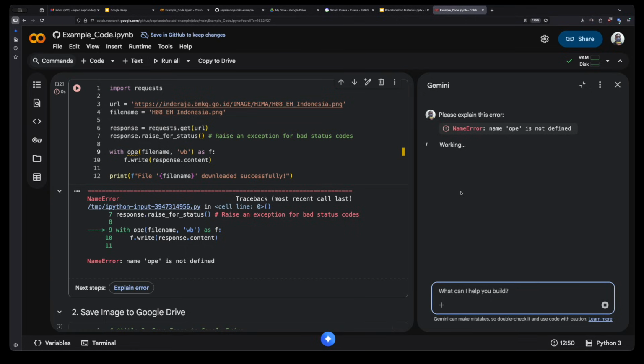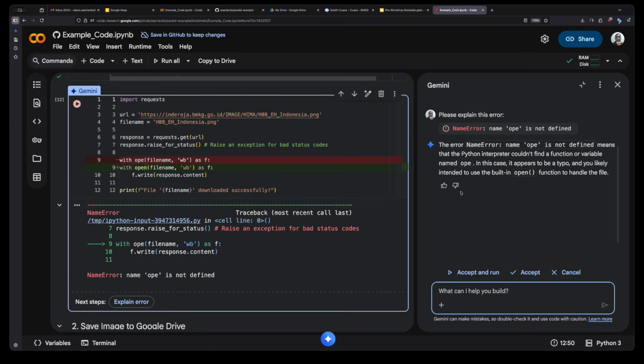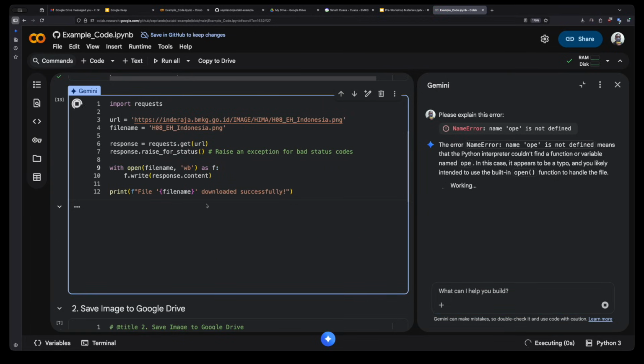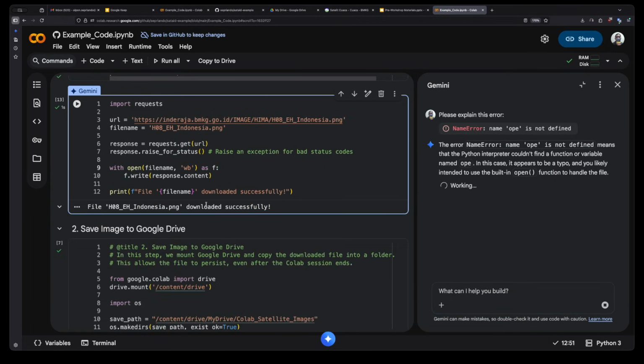It's very helpful, especially for beginners in Google Colab or Python programming. You can see the error, get a suggestion to fix it, and select accept and run. Okay, like this.